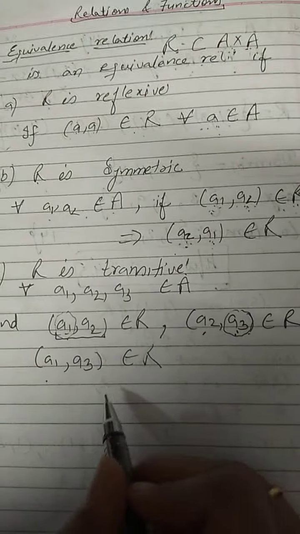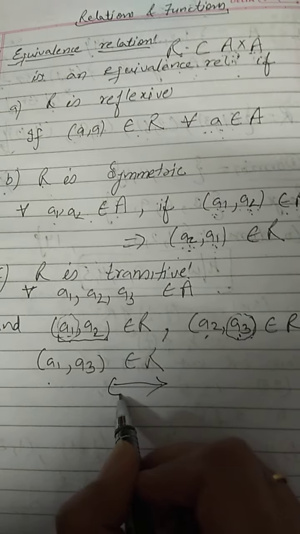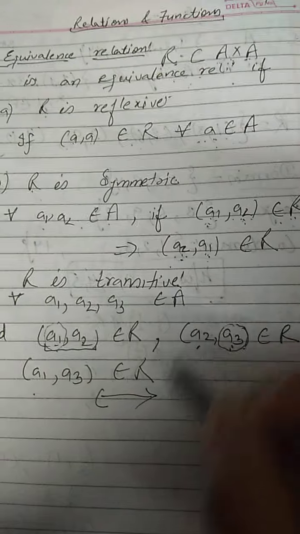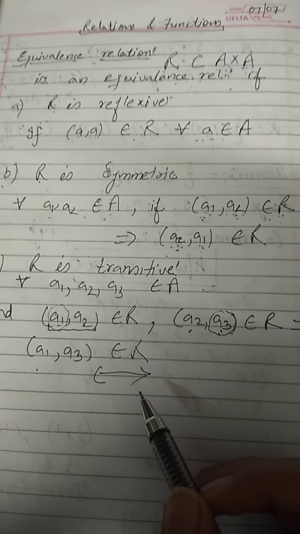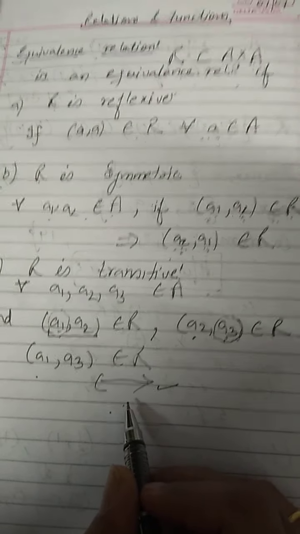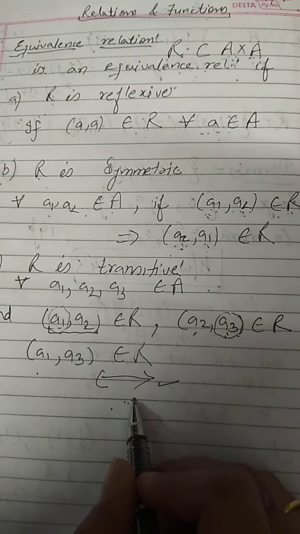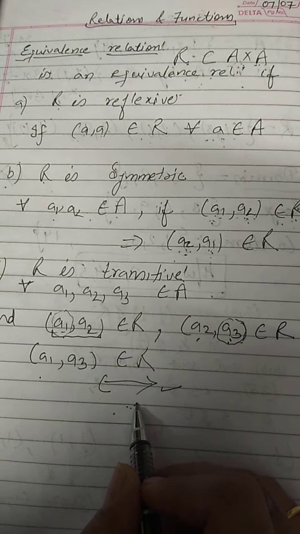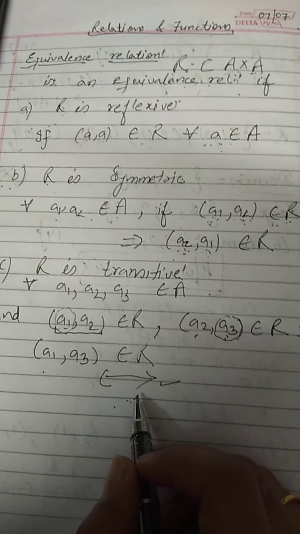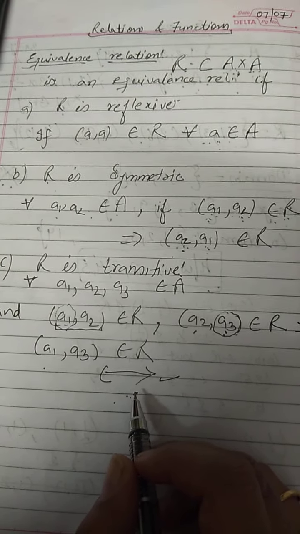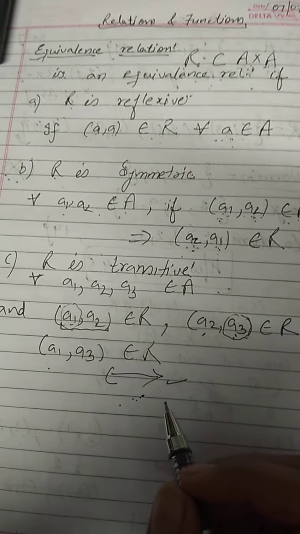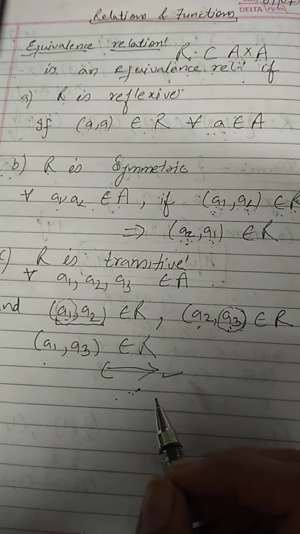This is all about the definition of when a relation becomes an equivalence relation: if it is reflexive, symmetric and transitive. Now how will we use it? You will be able to understand when we do a few examples or sums, where we are checking whether the relation is an equivalence relation, whether it is reflexive, symmetric or transitive, or any one thing can be asked. Check whether the relation is reflexive, or check whether it is transitive, or symmetric.